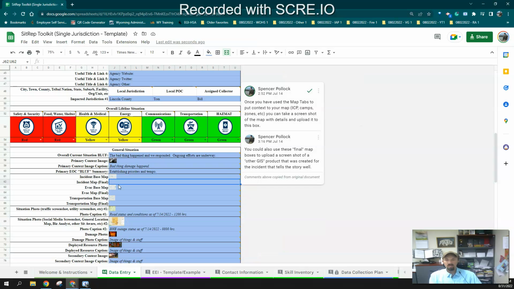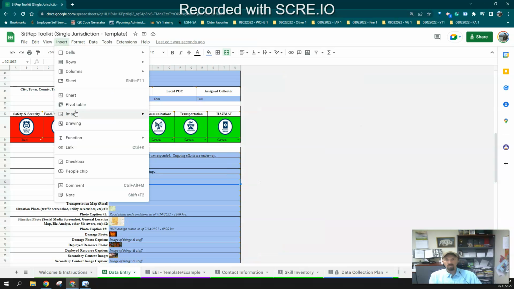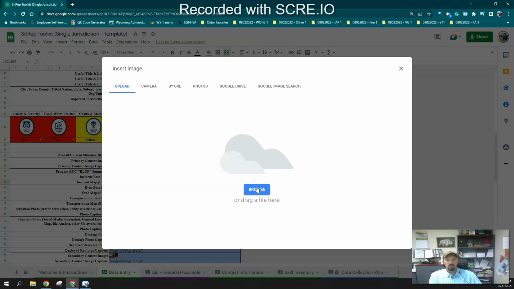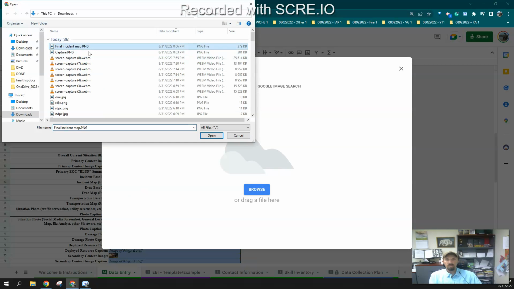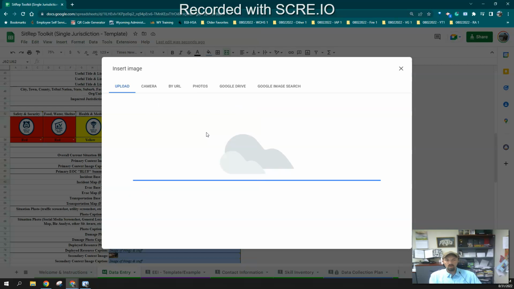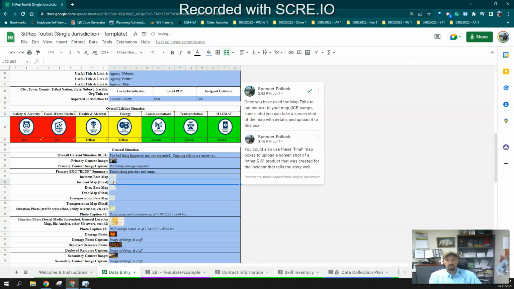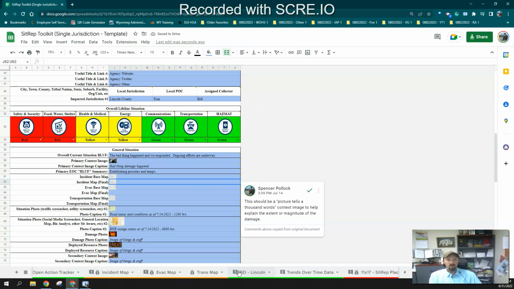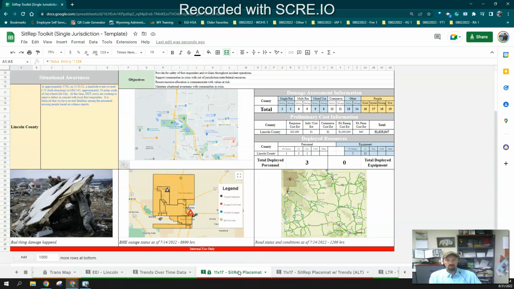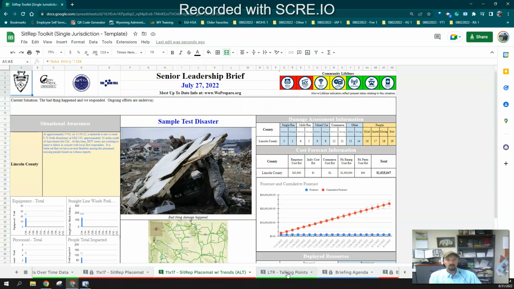And we'll go to the incident map final. Click on that one. We'll just insert our image that we just created. Final incident map. And it'll take it just a little second there. Now it pops up. And when we come back over here to our printables, you can see, let's see, where do we have our